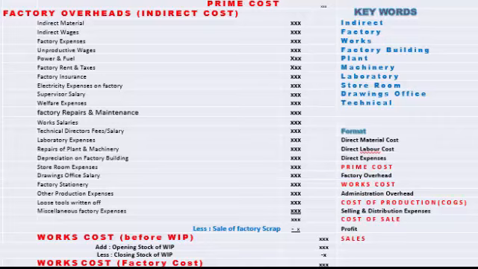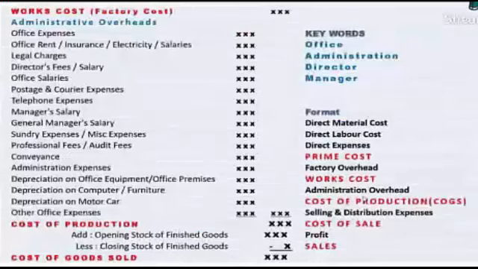So this way we have calculated a factory cost, which is calculated as direct material, direct labor, direct expenses, prime cost, and factory overhead. We get a works cost. In between, certain adjustments are there. Those are all technical adjustments we have to do. Let us go to the next one. Now we have calculated up to works cost. We have already reached up to works cost.